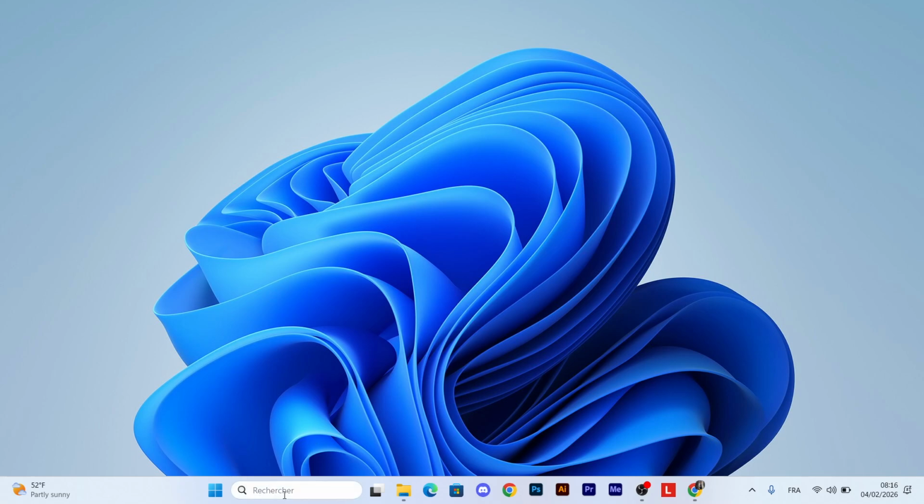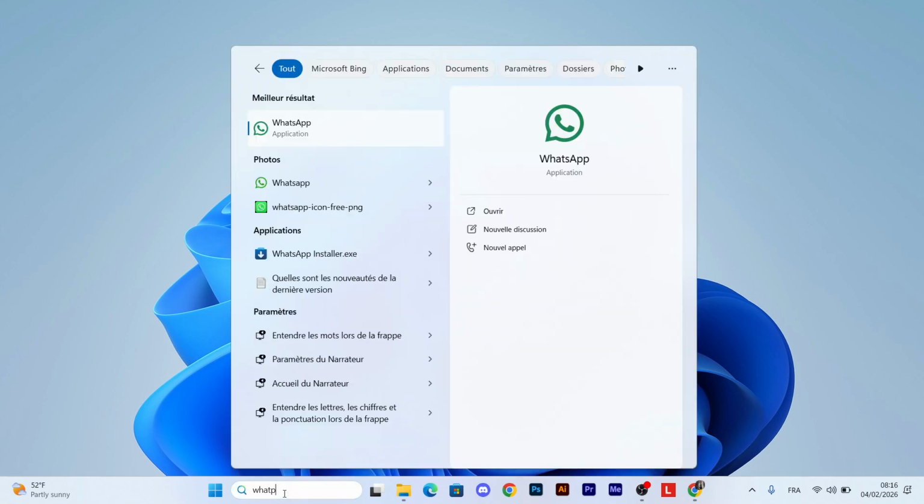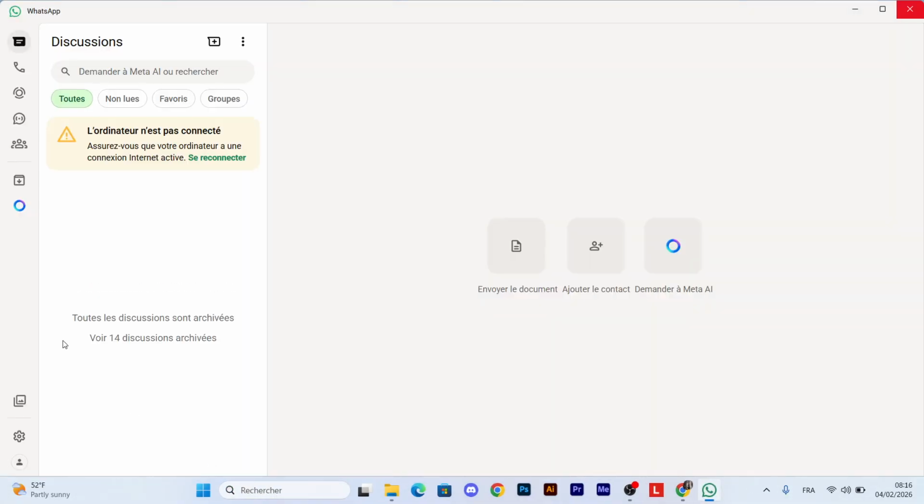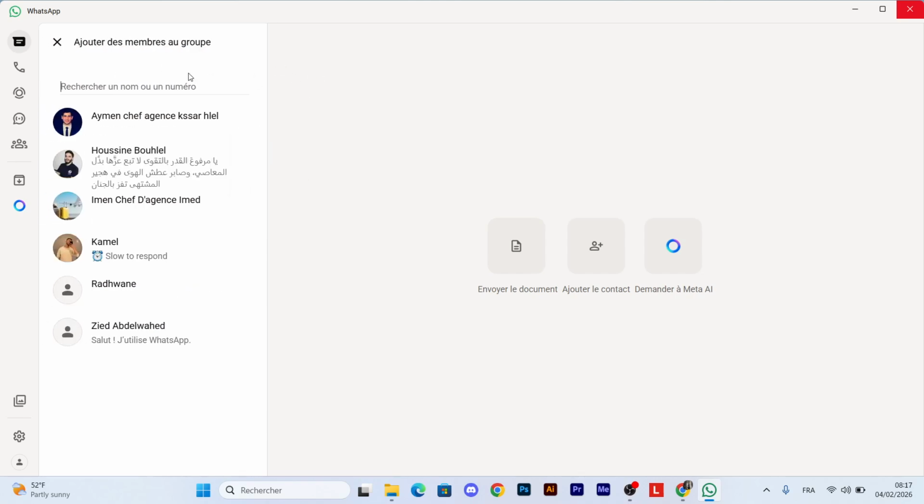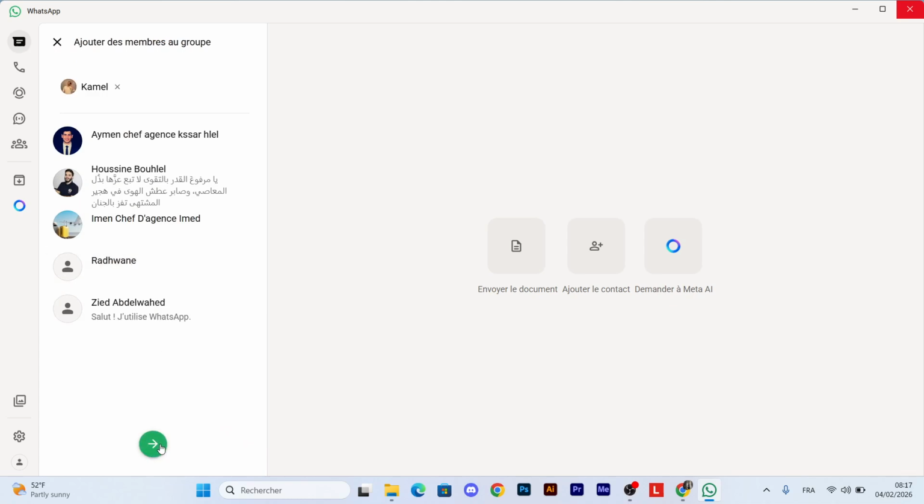First, go to your search and open the WhatsApp app on your laptop, okay? And click, and here you can wait 1 second, guys. Okay, now just go here or here and click on new group. Okay, guys, click, and you can choose any people from your fans or from others, and click and go here,